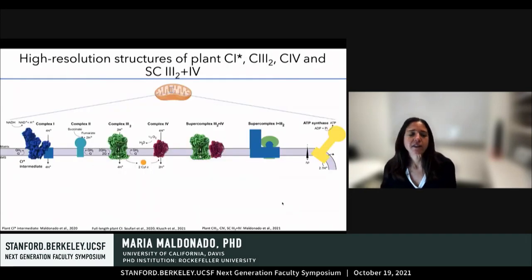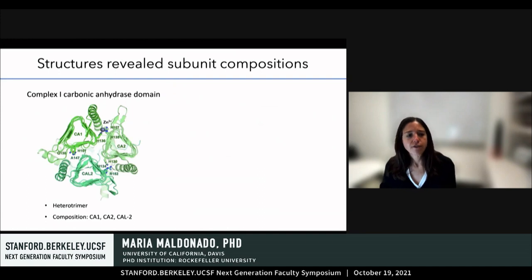And now together, these first high resolution structures of the plant respiratory complexes allow us to start replacing the cartoon representations with the molecular details, showing us previously unknown features of plant respiration. So for example, our structures revealed several subunit compositions that were unknown from previous biochemical and genetic and mass spec